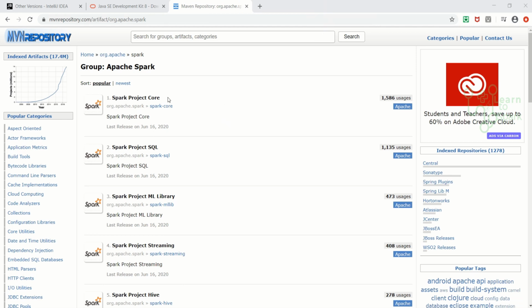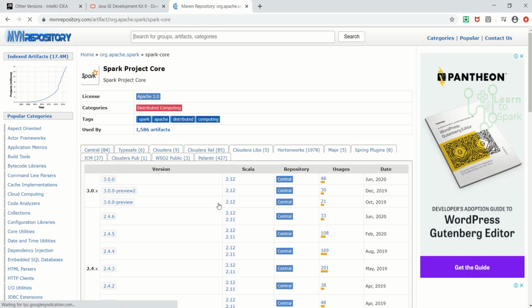Here we can see we have libraries for all the core functions we are using in Spark: core, SQL, MLlib, streaming, Hive. Like we will have for Kafka, for each and everything we will have an SBT library that we can go ahead and use. Now for this project we are going to use core. The Spark version that we are using is 2.4.3 and the Scala version is 2.11. I am choosing that.